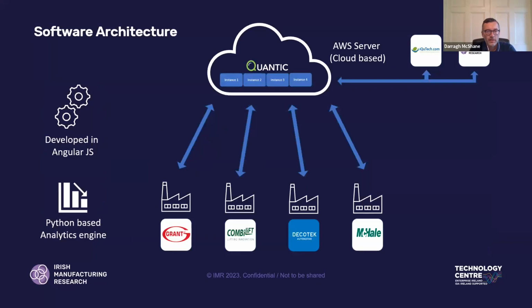In terms of the overall architecture then, as I said before, the Quantic application resided within the cloud. It was hosted on an Amazon web server, cloud-based, as we said. The application itself was developed in AngularJS with a Python-based analytics engine. So each partner company accesses their own instance of the software in the cloud, all via a standard web browser. Coupled with that, both Irish Manufacturing Research and Icotech had access to the software, again, through